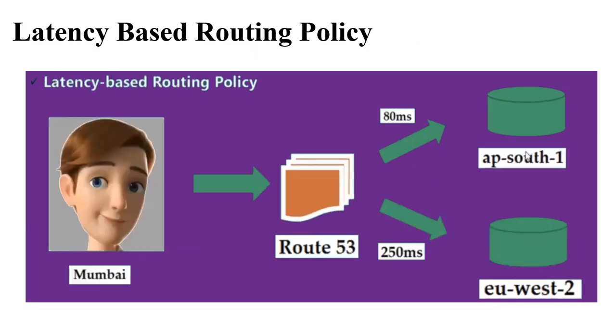And the latency-based routing policy, especially for a Netflix kind of scenario. If you just take it, suppose Netflix has hosted in the US data center region. Suppose a US member tries to access it, for him the video will load faster. But from the India region, if you're accessing it or watching a movie,